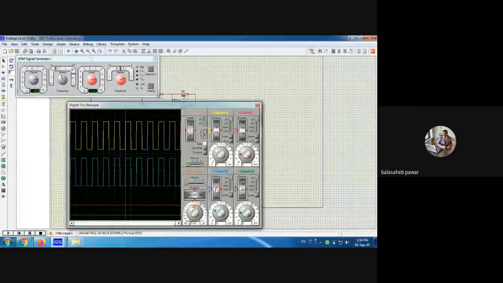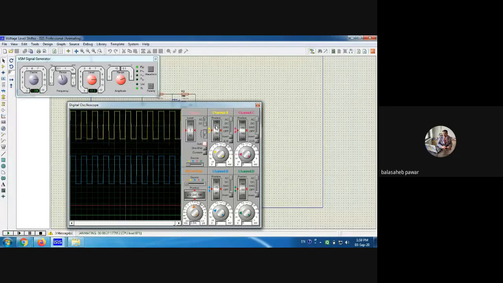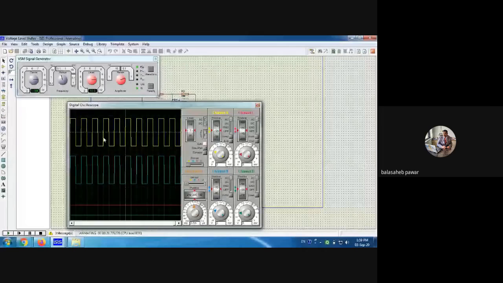In the blue channel, the dotted line is generated at the bottom only. Means this signal's reference line will be from the bottom. And for this one, whenever we scroll it, it will be exactly at the center. That means this reference line is acting as the x-axis and the signal is symmetrical around that x-axis. But for the output, whenever you scroll down, that reference line is at the bottom of that signal. Means I can say the signal is totally shifted into the first quadrant.